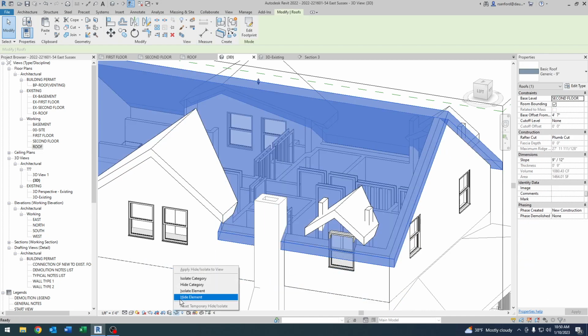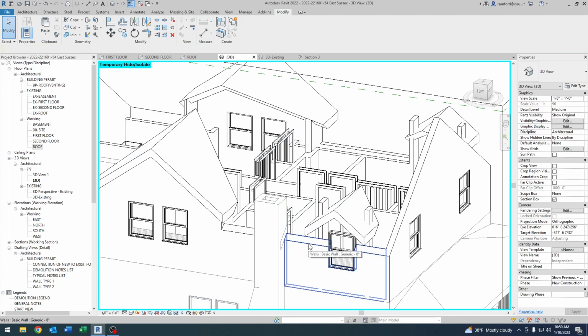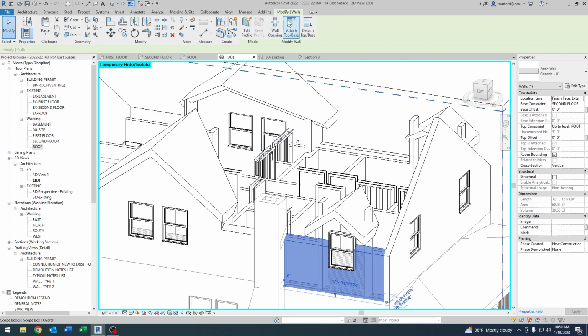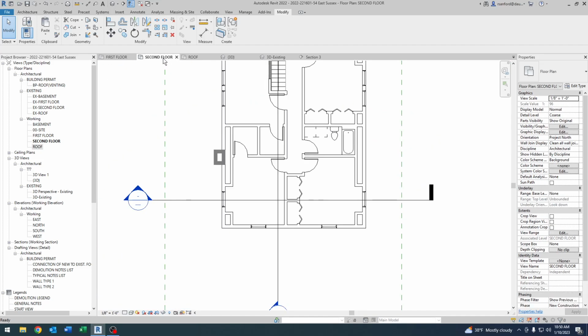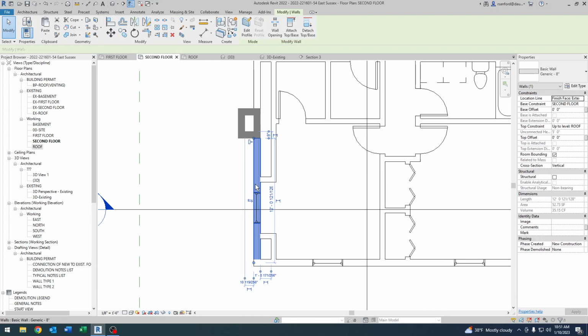If I go back to hide, you can see the angle. So make sure that they're not attached. Let me just detach them before we start doing this. Okay, so let me reset. All right, so now if I go back to the second floor, the first thing you want to do